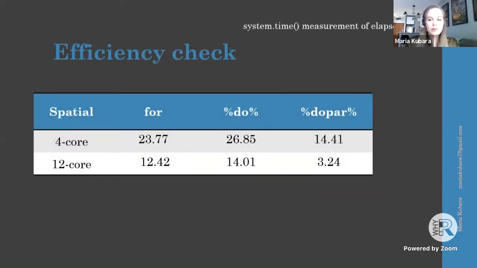As you can see, I was doing this experiment on 2 computers. One is my old laptop that has only 4 cores. It's probably 7 years old. And as you can see, the speed up is pretty impressive, right? Going from the for loop to the parallel loop with just a few lines of code added, you have 2 times faster execution.